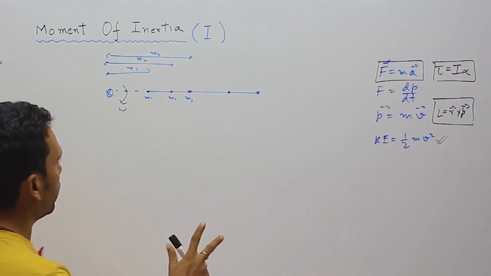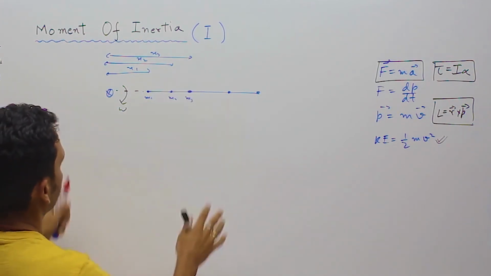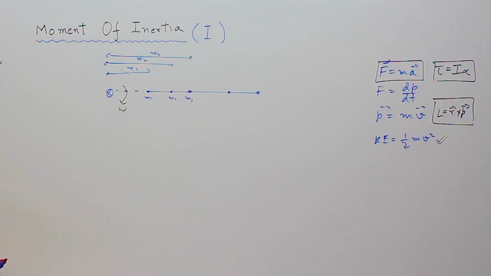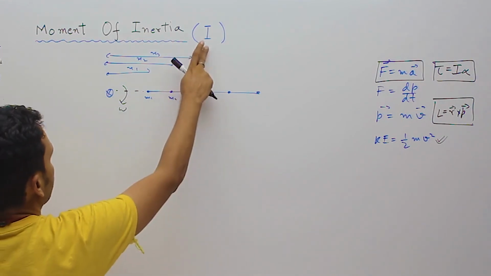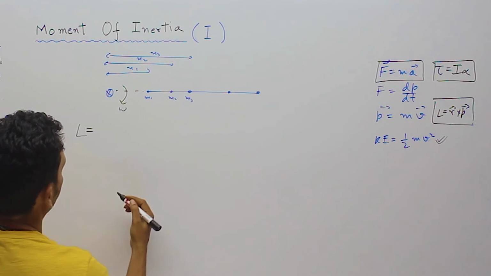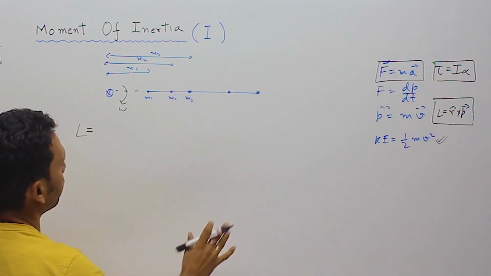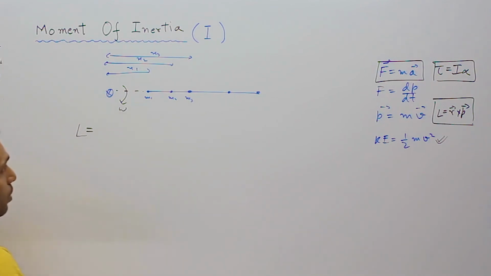Anyways, let's come back to our agenda, that is demonstrating that whatever you are going to find in a rotational mechanics situation, you are going to land up with the term I. So let us do a calculation for angular momentum. So angular momentum would be the angular momentum of each part added,